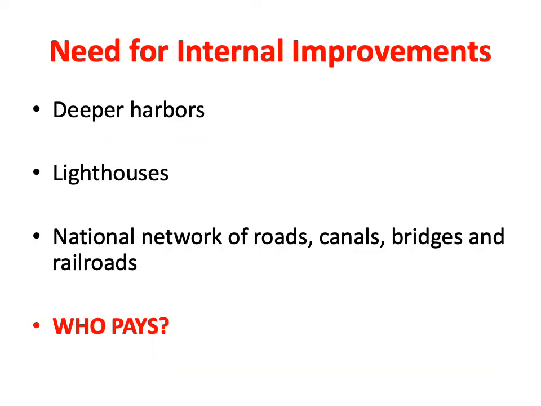So now the economy is picking up. There are many people who want to get involved in commerce, and it's quickly realized that there's a need for internal improvements in the infrastructure, what we call now the infrastructure in the United States. They needed deeper harbors to accommodate the large ships that were crossing the Atlantic. They needed lighthouses to provide navigation. And people generally agreed there was a need for a network of roads, canals, bridges, and later railroads